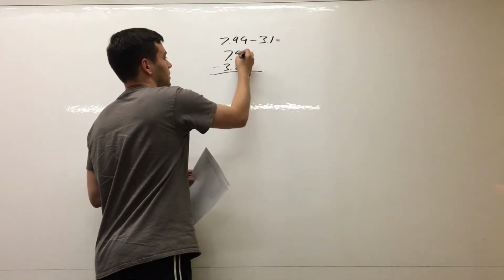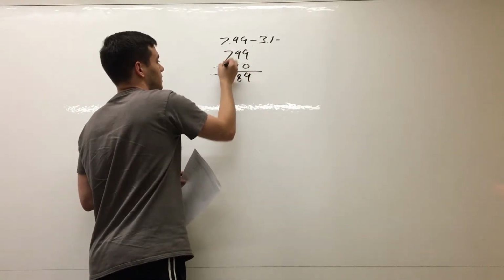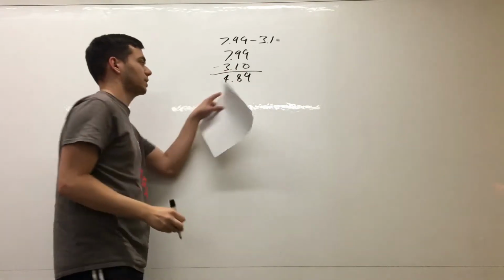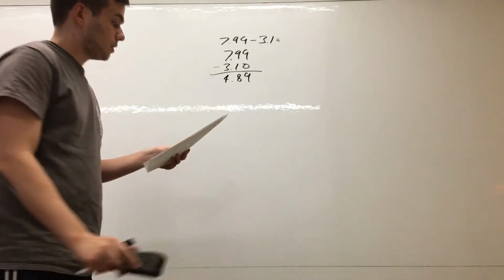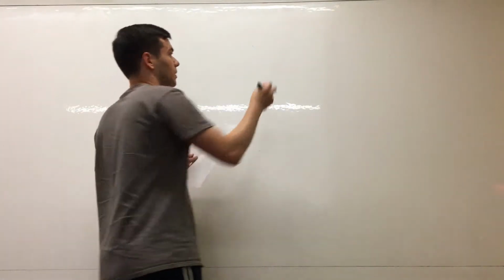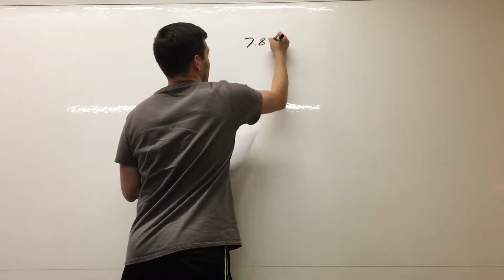So 9 minus 0, that's just 9. 9 minus 1 is 8. Drop the decimal point. 7 minus 3 is 4. So that's your final answer, 4.89. Let's try this one. So just like with regular subtracting, when you have regrouping, you'll have regrouping here as well. So 7.89 minus